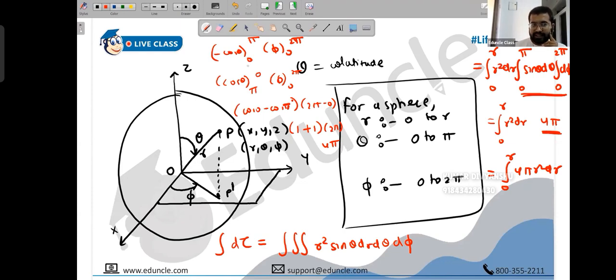See, integration of sine is minus cos, integration of d phi is phi. I've used the minus sign to shuffle the limits, so 0 to pi becomes pi to 0, and then upper minus lower. Cos 0 minus cos pi. Cos 0 is 1, and minus of cos pi, which is minus 1, becomes plus 1. So plus 1 plus 1 is 2, times 2 pi minus 0. So 2 into 2 pi, that's 4 pi. Clear, everyone? Yes, sir.